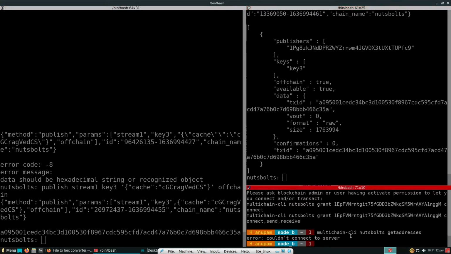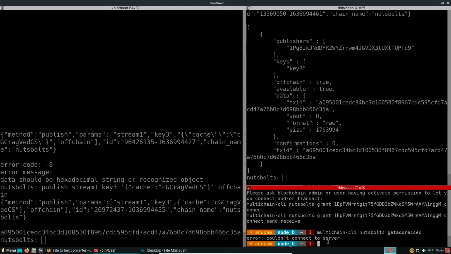First of all, this node will remain silent because it has not been granted any kind of permission. This address has not been granted any permissions from node A. So node B remains silent. This was just to show you that in spite of a node being available on the blockchain, it is not necessary that the same data is populated at each and every node like a Bitcoin blockchain, which is permissionless. Now we are seeing a scenario of a permissioned blockchain.